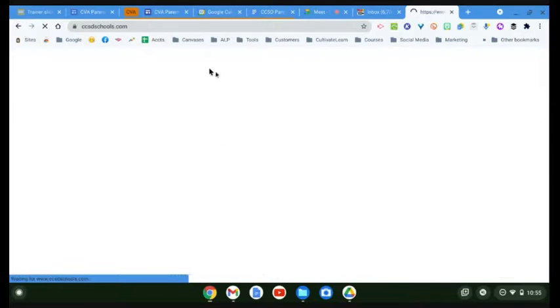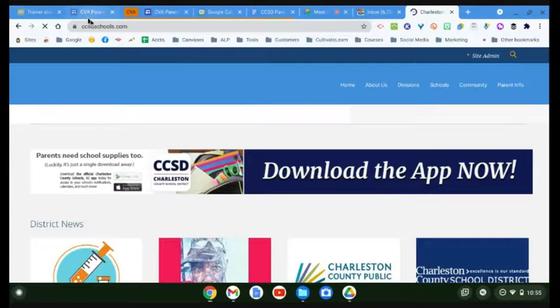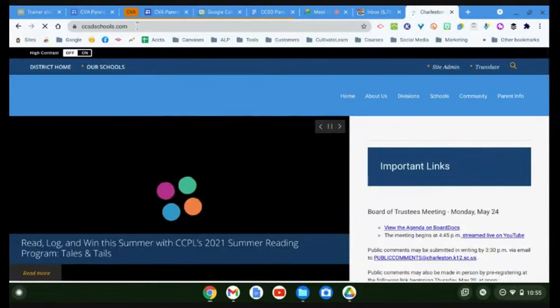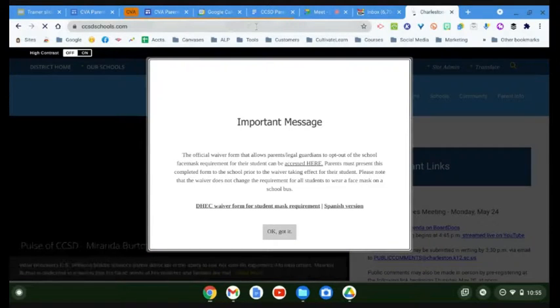Let's say that you want to bookmark this because you normally have to go in all the time to check what the news is. So instead of having to type in ccsdschools.com all the time, just go to the bookmark. There's a star. Do you see the star at the end of the address bar where ccsdschools.com is? Yes, ma'am. Okay, when you click on that star,